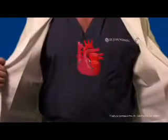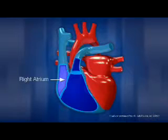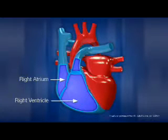About the size of your fist, the human heart is the most important muscle in the body. It can beat more than 100,000 times a day, pumping about 2,000 gallons of blood through a 60,000-mile network of vessels in the body. The human heart is made up of four major chambers: the right atrium, right ventricle, left